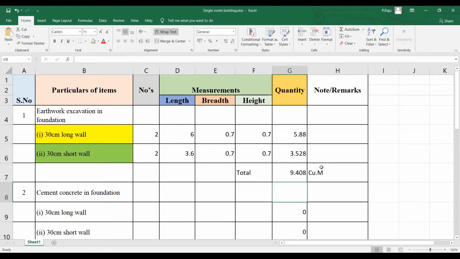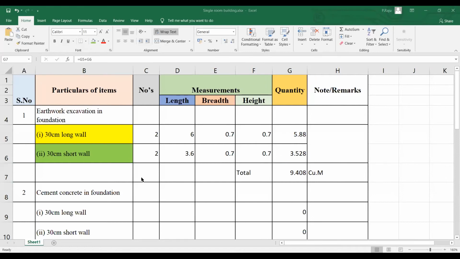Whatever I have drawn in the pad now, you have to draw the figure here. The foundation trench you have to draw here, and then you need to proceed in the examination. So up to this point, is it clear for everyone?